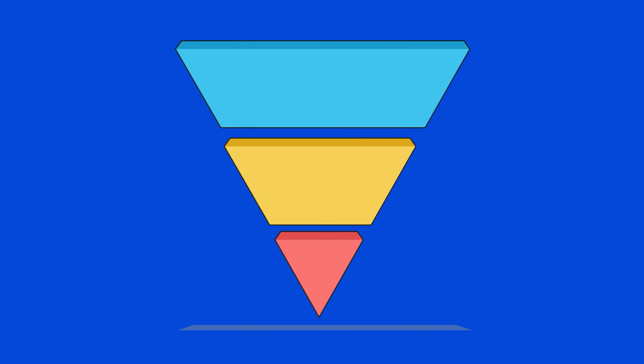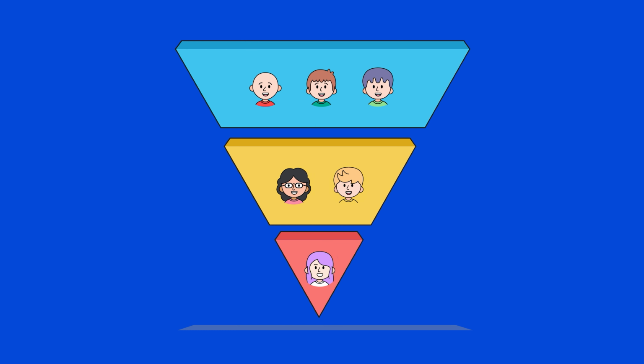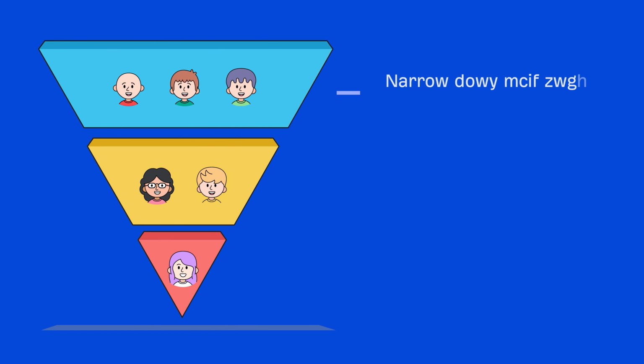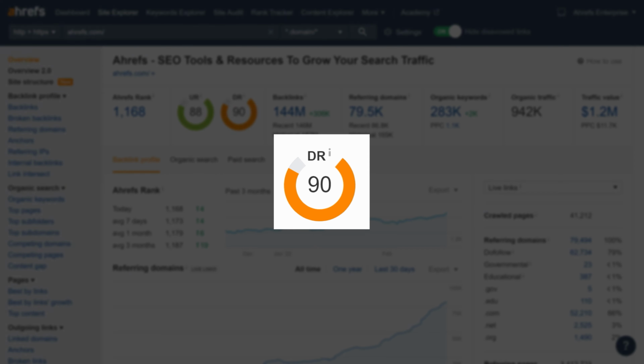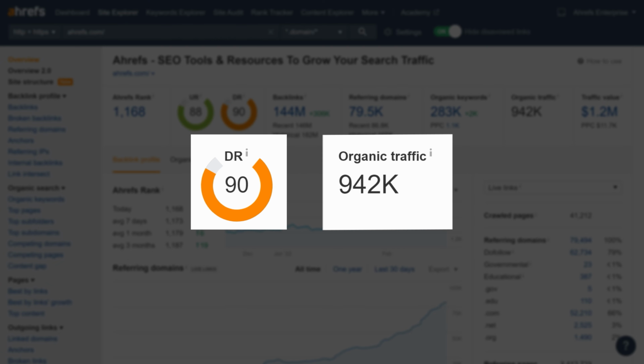So when you're vetting prospects using the methods I taught in the last module, there are 3 steps you can do. I like to look at them in levels depending on the size of the prospect list. Level 1 is to narrow down your list of prospects by SEO metrics. 2 common metrics people often use are domain rating and domain level website traffic.